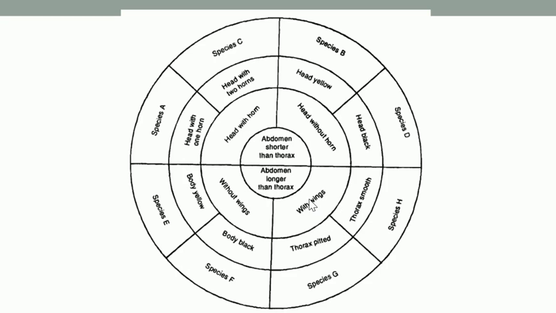Now I will have to look at the third character of this insect. Suppose the thorax of this insect is smooth, so I will continue on this side of the key and identify that this particular insect is species H, or whatever the name of that species will be mentioned here. By following such simple characters, you can easily identify the different species using this circular type of key. The only limitation is that a fewer number can fit into this circle, so you cannot fit a large number of species into this circular key.